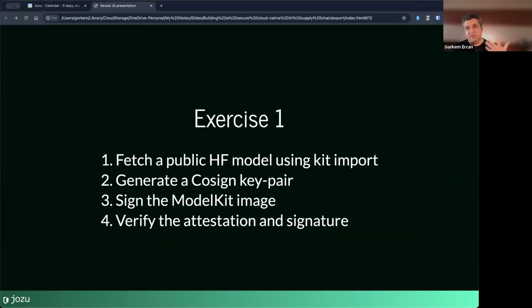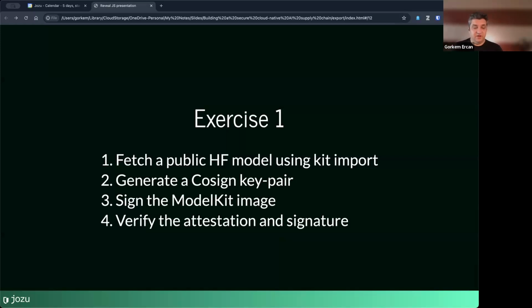This can be GitHub, this can be Docker, whatever it is. And if you want, you can use jozu.ml, which will give you a little bit more flair for model kits. It's our service that is essentially optimized for model kit usage.